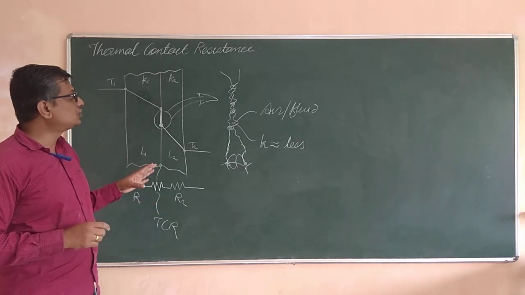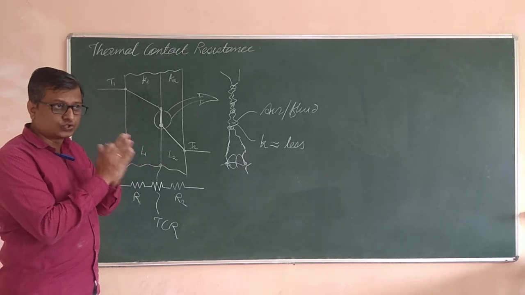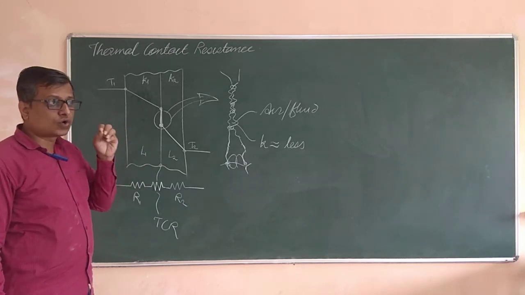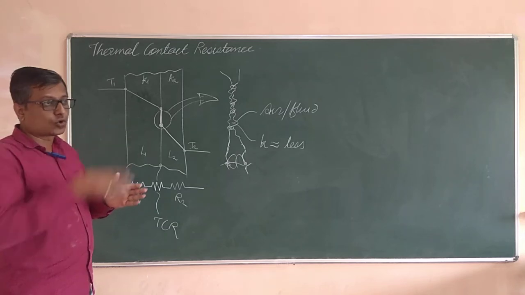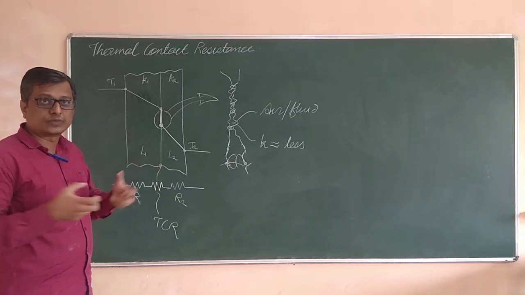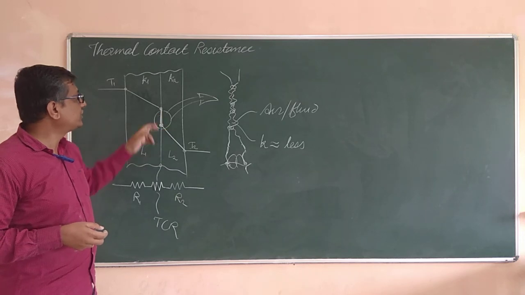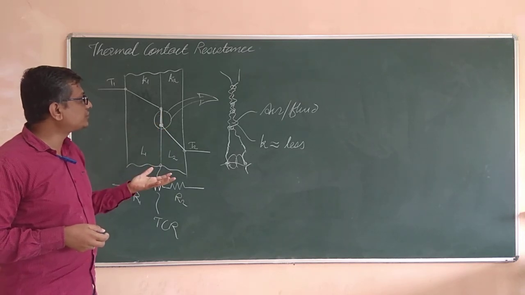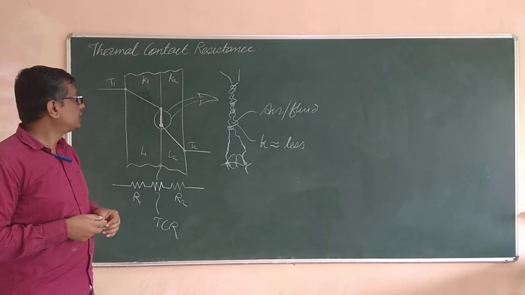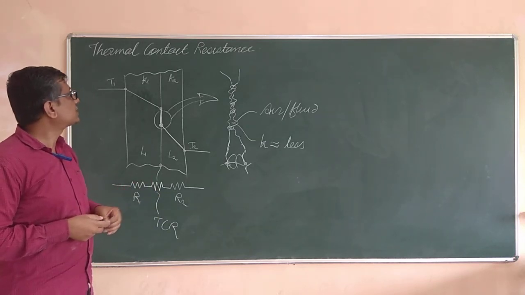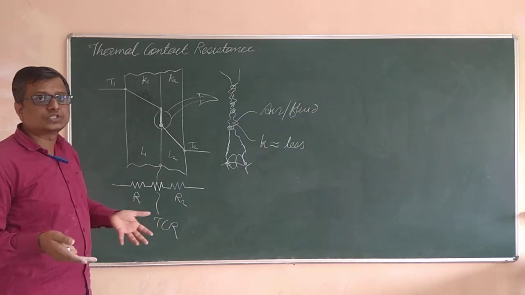What we can probably do to reduce the thermal contact resistance is to press fit the two sheets, or a joining process like soldering can be used so that there cannot be any air gap. And even if there exists some gap, that gap should be filled by some high conductivity material, and so on. And that thermal contact resistance is introduced everywhere, wherever there is a composite material.